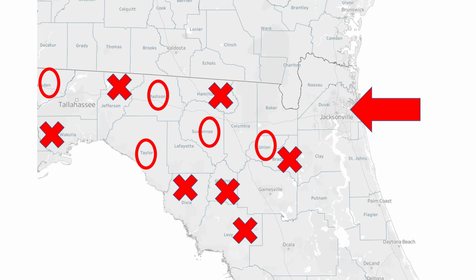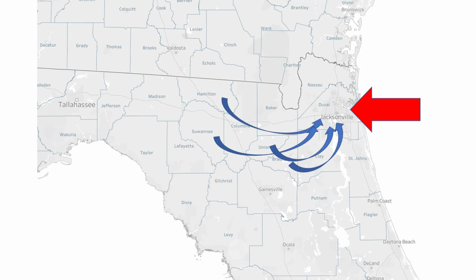And so what might be happening here is this. People, because maybe Duval County has better hospitals for handling more serious cases, these people might be influxing into Duval County. And so again, if we're talking about the ever hospitalized field on the downloadable case level information, this would be documented according to Hamilton County, Suwannee County, Union County, if these people are permanent residents of those counties, not Duval County. But on this brand new report on the currently hospitalized, because the hospital that they're receiving care at is in Duval County, they're going to count for those numbers in Duval County.